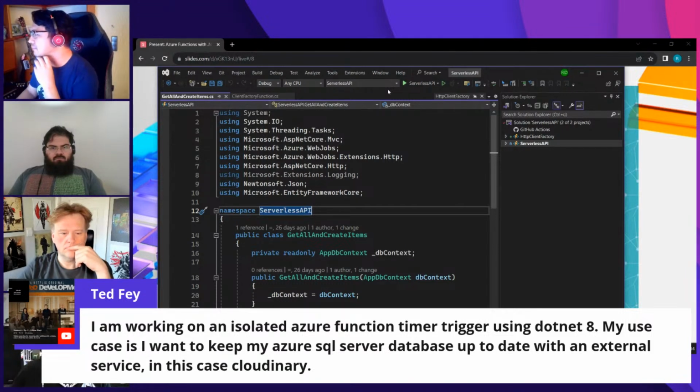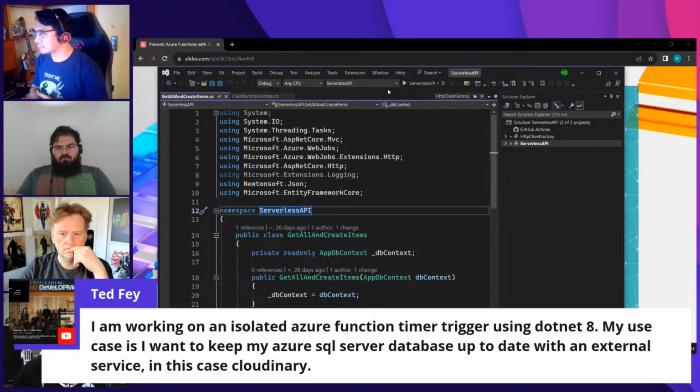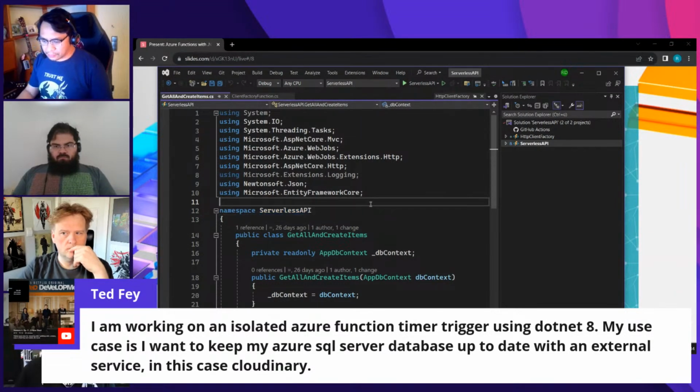And I wonder if they're not trying to validate their scenario here, but would it make sense to have Azure SQL Server databases being updated, remaining up to date from external services running as a function? Is that something that you would advise? If you are required to update your SQL database, why not?